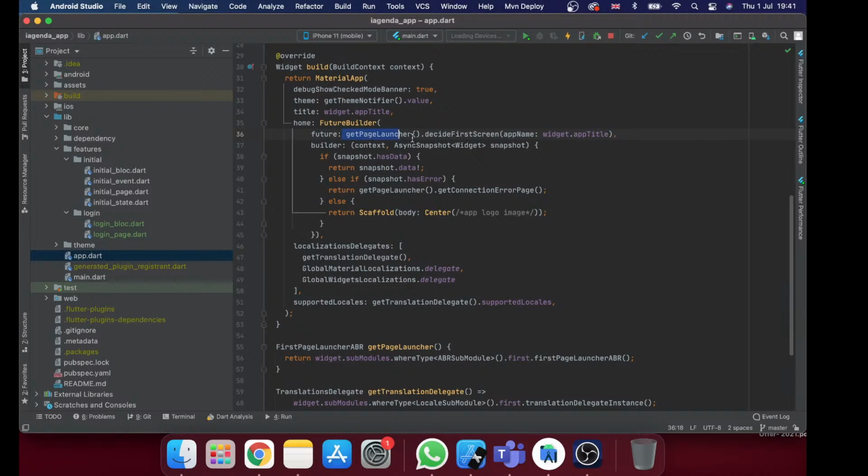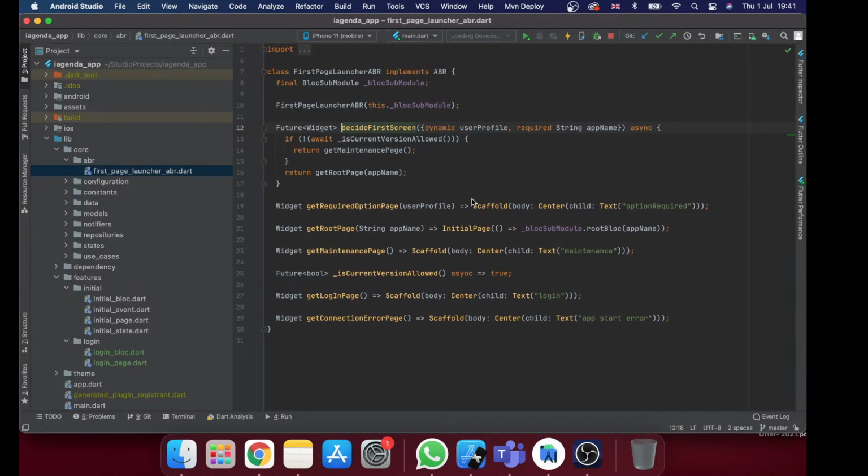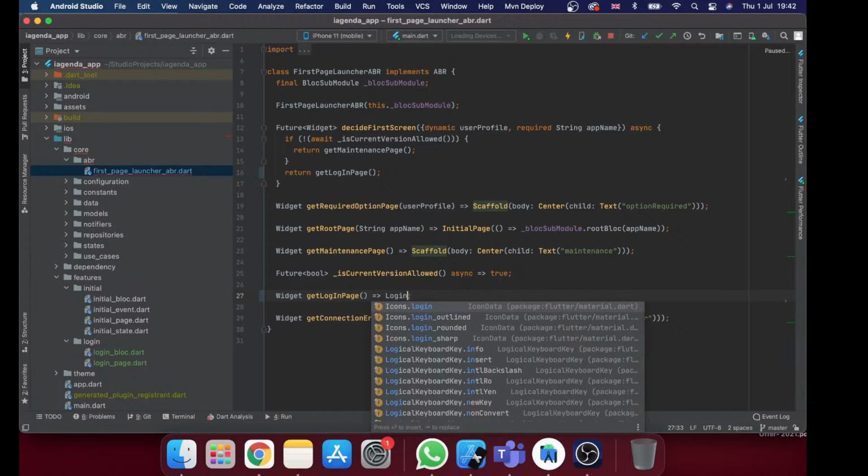This guy here decides the first screen. So as soon as it starts, the app decides the first screen. Currently we are launching the get root page, and we want to change it to get login page for the moment. For now it will be like this, and here we want to call our class, and it's going to be login